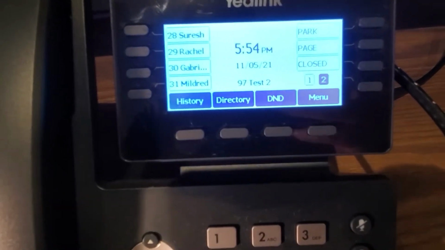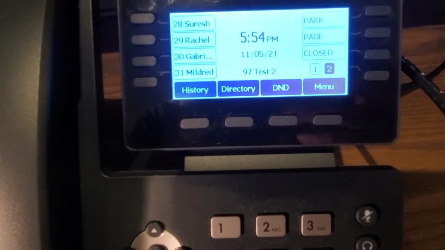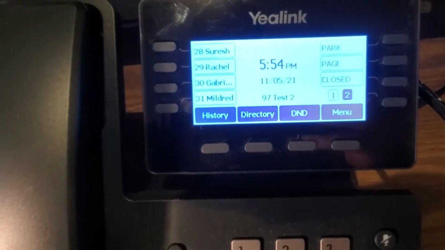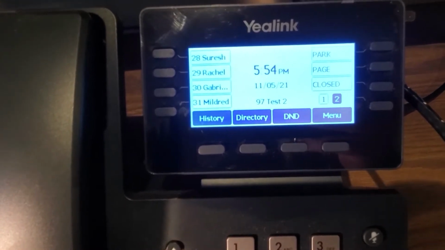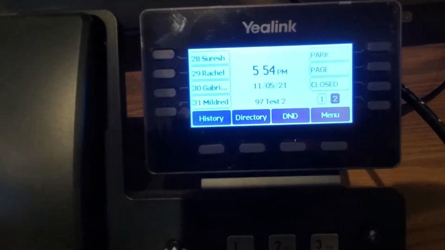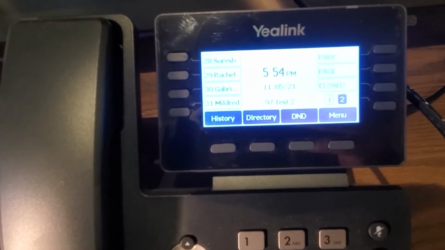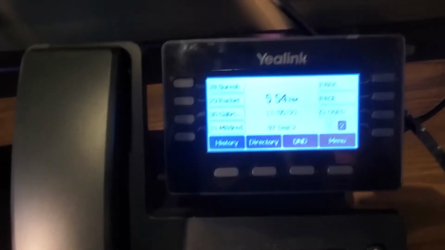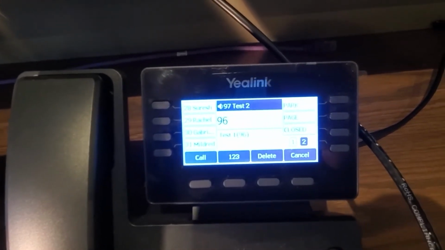So some of the notable buttons we put in here that are not speed dials are parking, page, and closed. So what the parking button is going to do is that is a type of hold button that will allow you to retrieve the call from a different phone. So for example, if I call an extension,